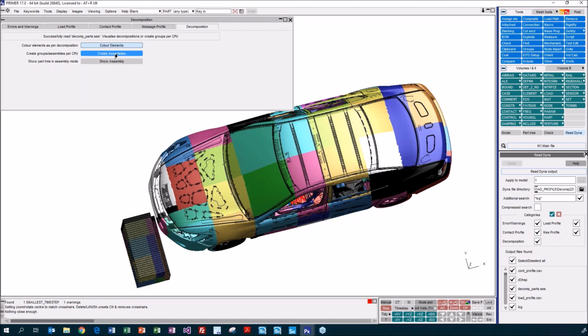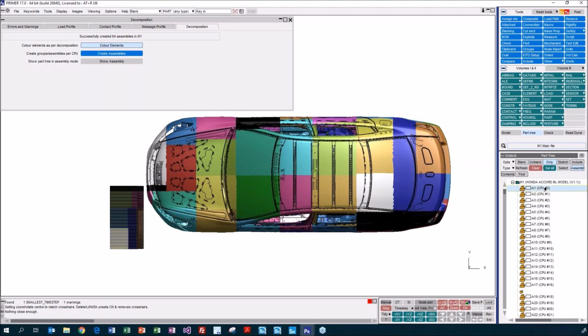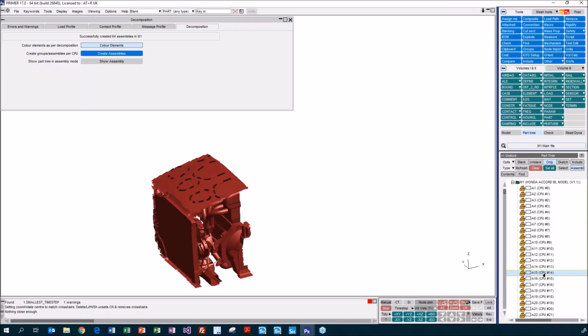You can also click on Create Assemblies. Now this creates PRIMER assemblies containing the elements within each of these CPU buckets. And if I show assemblies, see them in the part tree. And that means that I can now click on Only, and I can start looping through these decomposed buckets and see exactly what elements are within each one. So you can see that one relates to the 14th CPU. So these tools are useful for investigating the load in your model, how things are distributed across the CPUs, and